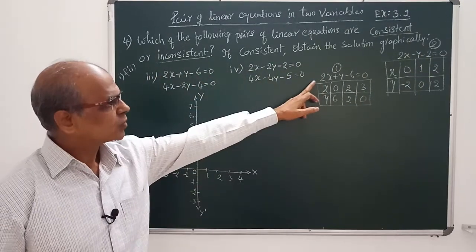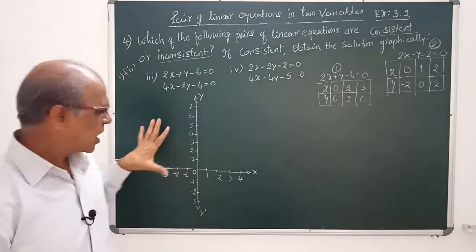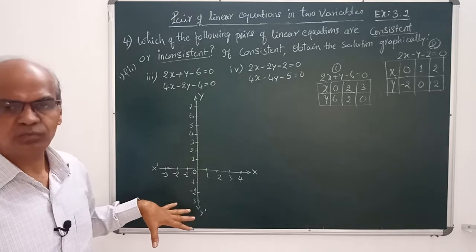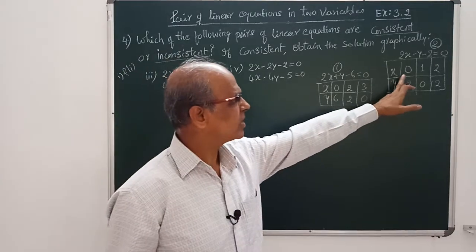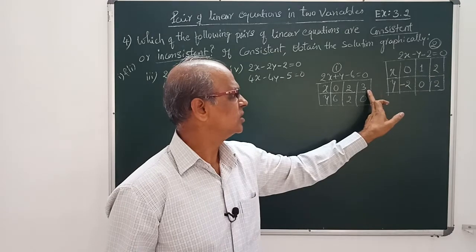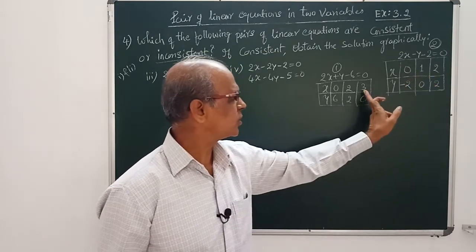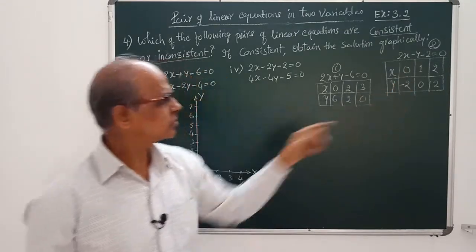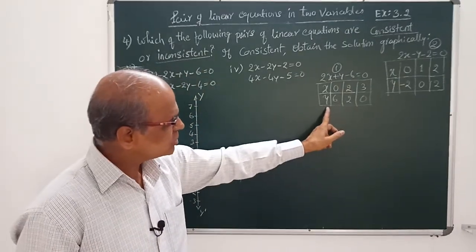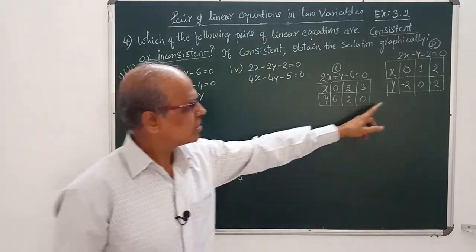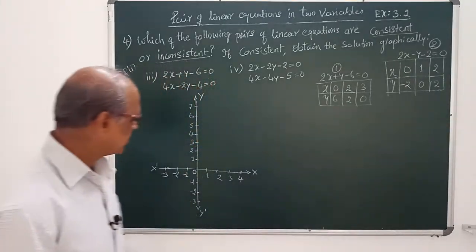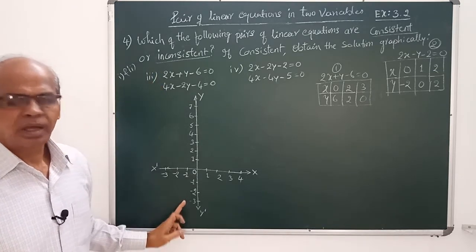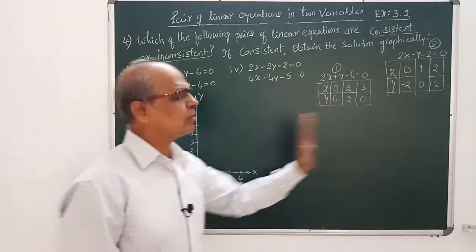Okay, see here. I told you already, while preparing for plotting the graph, how to draw the x-axis and y-axis. The maximum x value in both the tables is 3, and here it is 2. That means if I draw up to 3, 2 will be covered. There is no minus side coordinate for the x-axis. For y, the maximum plus side coordinate is 6 and the minus side coordinate is 2. That means 6 on the plus side, minus 2 on the negative side, and 1 extra I have drawn. Now let us plot.